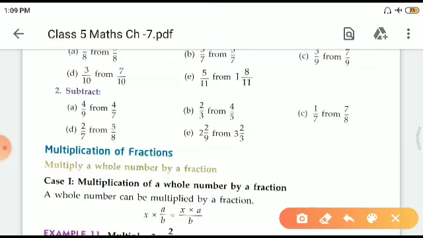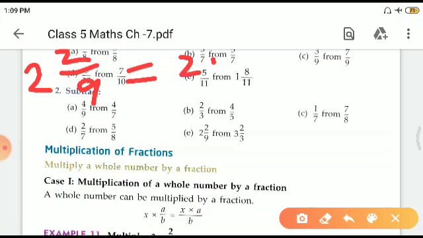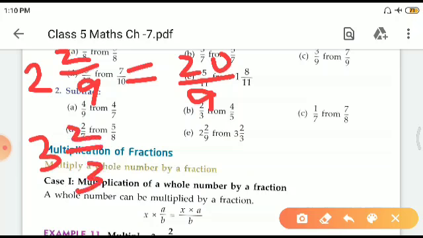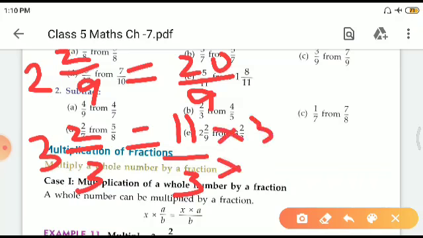2 whole number 2 upon 9. Now see what it becomes, 2 whole number 2 by 9. That will become 9 twos are 18 plus 2, 20 by 9. And the second one is 3 whole number 2 by 3. It becomes 11 by 3. Now in both we see the denominator is different. Here 9, here 3. We know 3 threes are 9. So here only I will be doing it. I will be multiplying this by 3, and I will be getting 33 by 9.